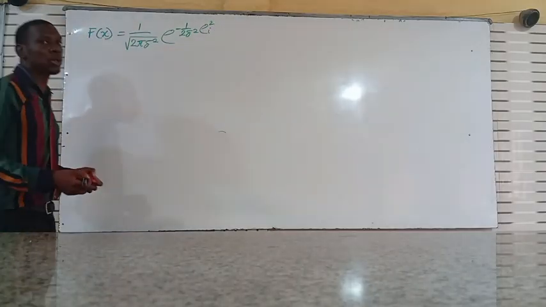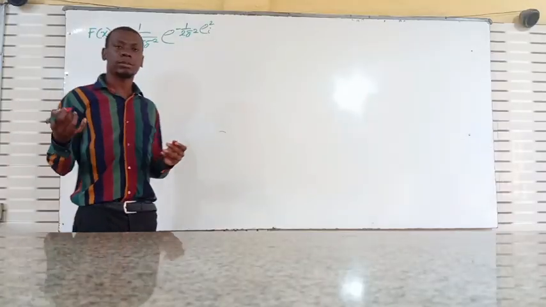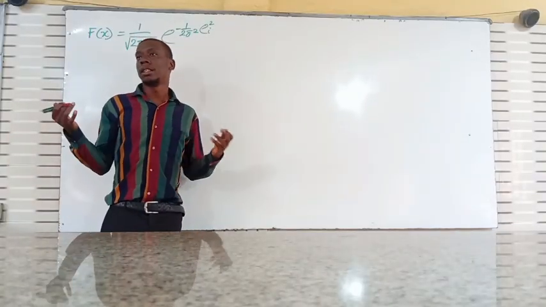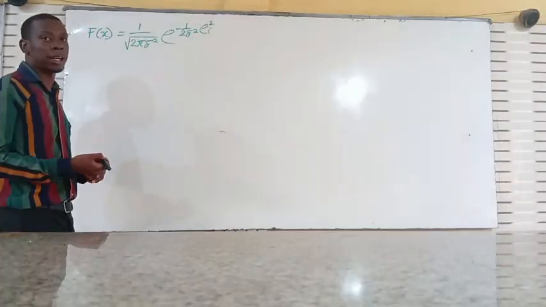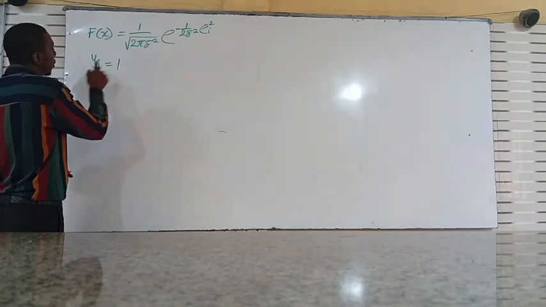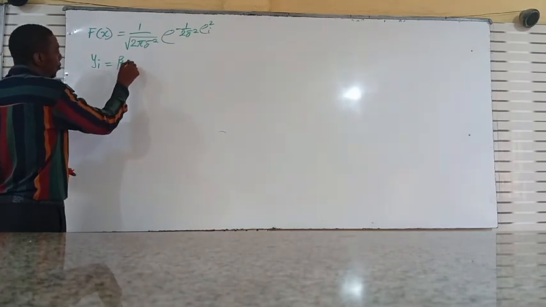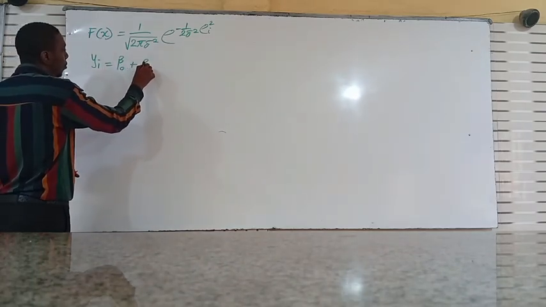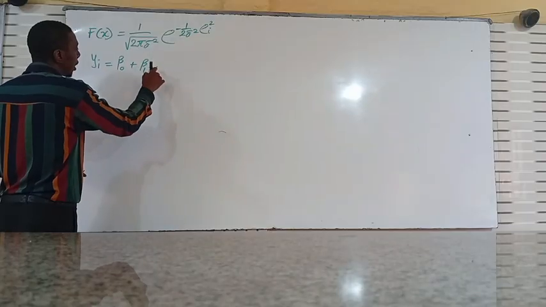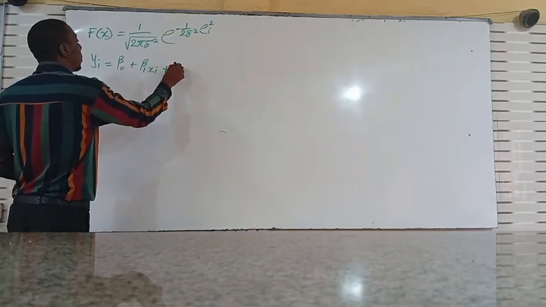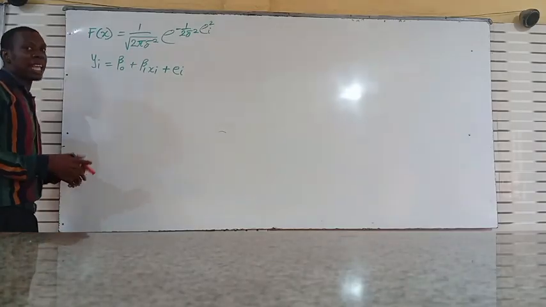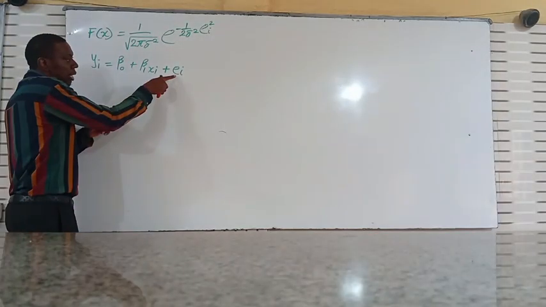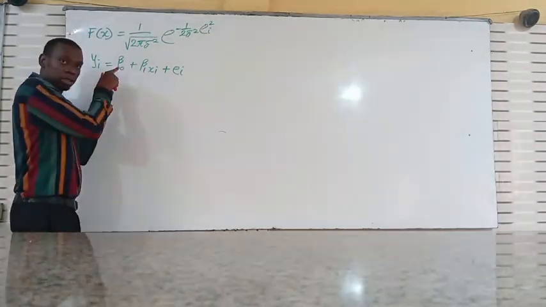Now, because we want to estimate the regression model, let's see what the regression model looks like. This is a regression model: Yi equals B naught plus B1 Xi plus error i. Now, the next thing we have to do is to make the error the subject in the regression model,